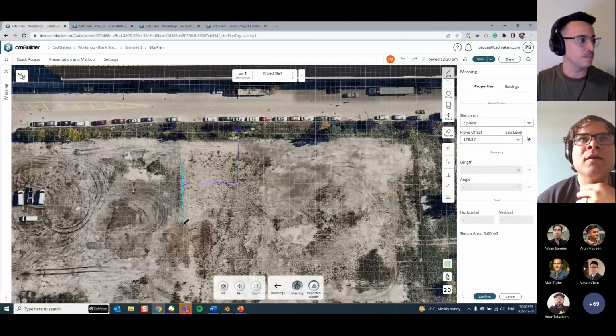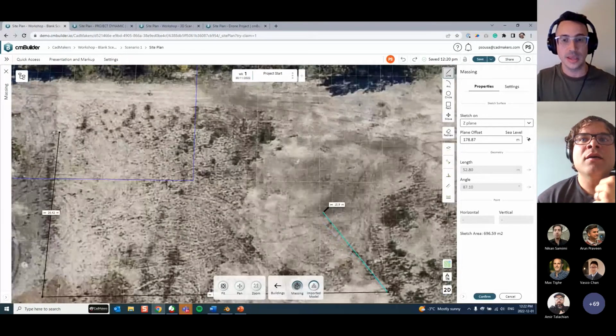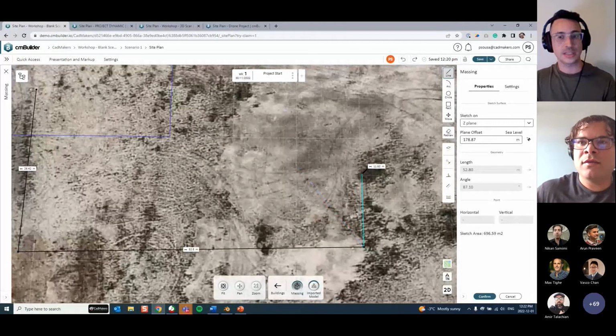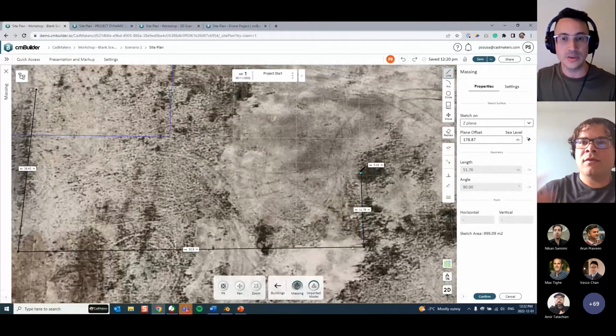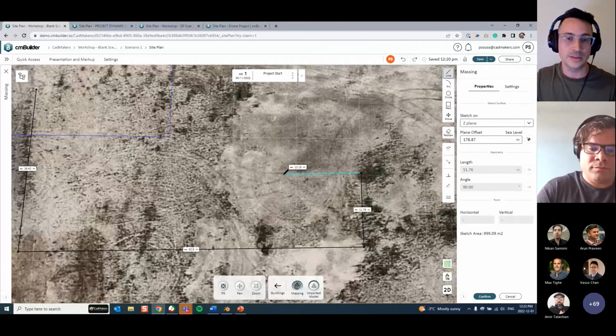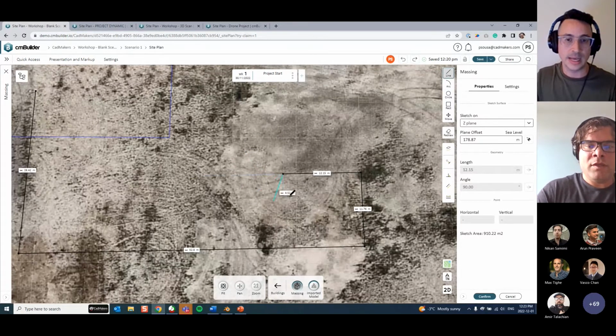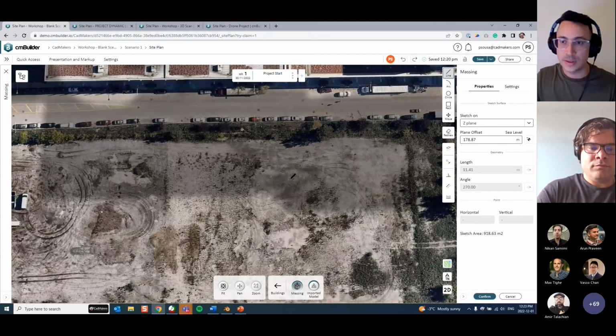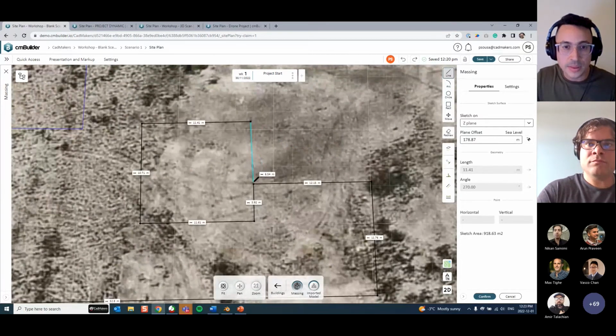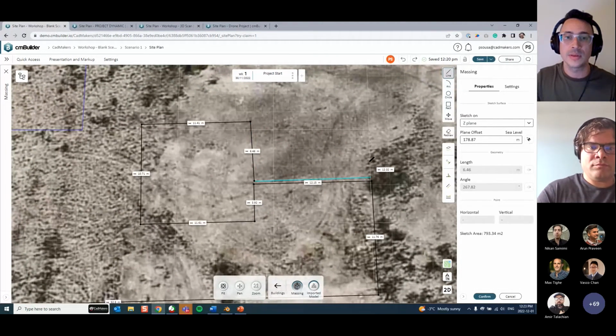But one thing that you can do, and I believe I've already explained this to a couple of people, is that you can create a courtyard by going in and defining a closed polygon that has a small line over here. So if I type in this over here and this over here,